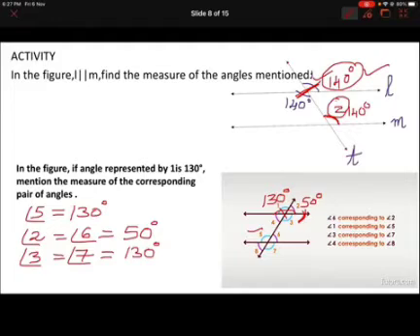What about angle 4 and 8? Angle 4 is again equal to angle 8 and the measurement is 50 degrees. Children, I hope you understood how we got all these angles. Please make a note. It's very, very simple. Once you understand the concept of parallel lines and a transversal, and if you know how to identify corresponding angles, alternate angles and co-interior angles, and also if you understand the properties, it's very easy for you to solve problems. Okay, next.